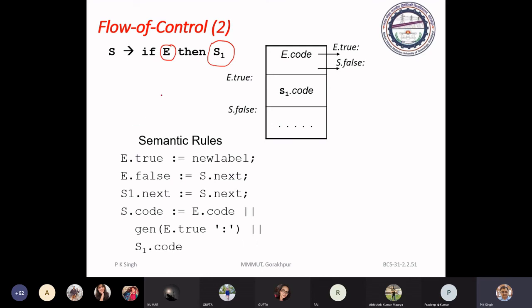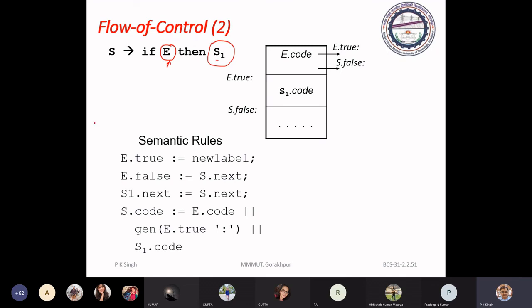So how will it work? This E is evaluated on a certain predicate. It may be either true or false. If it is true, then control of execution will execute S1, the code related to segment 1, a particular program segment that we want for selective execution.